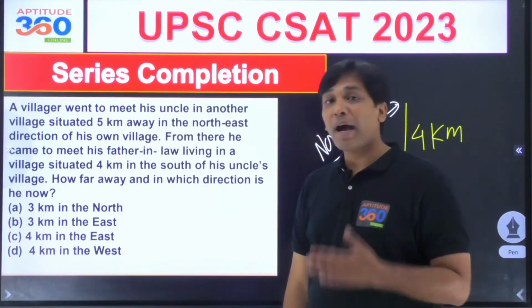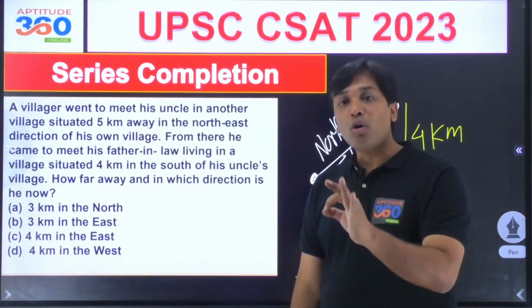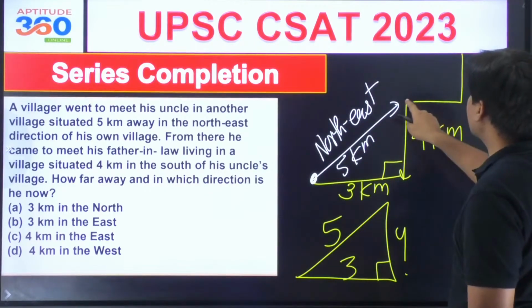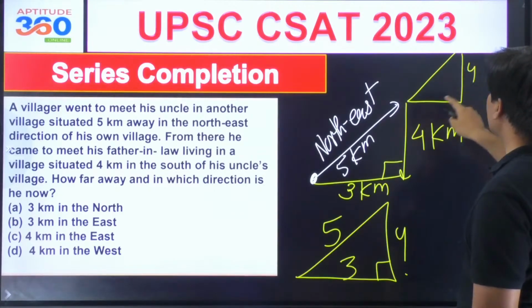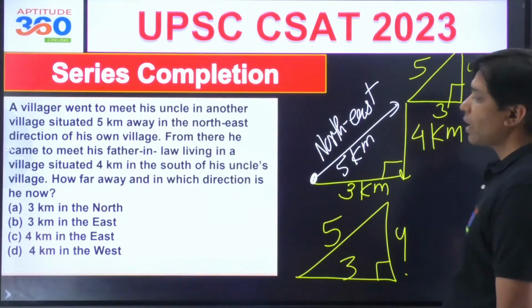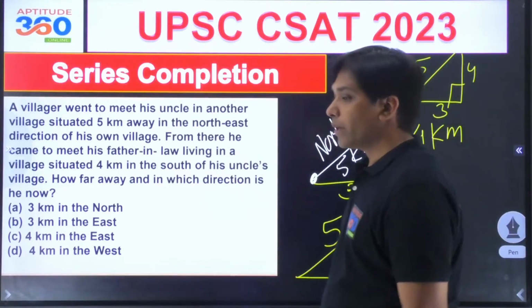What is it that we have done? My assumption is you know the Pythagorean rules, and you know that if this is 4, this is 3, and this diagonal is 5, this is 90 degrees. I hope you know that. All right.